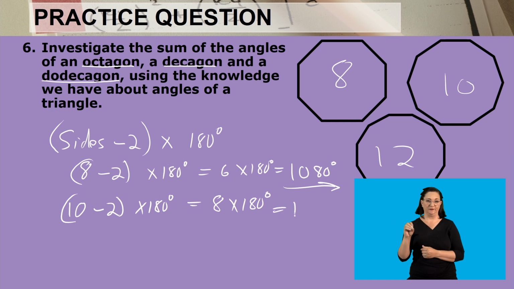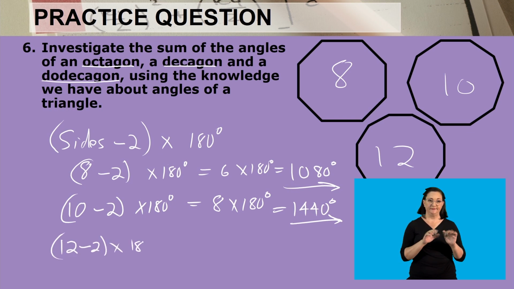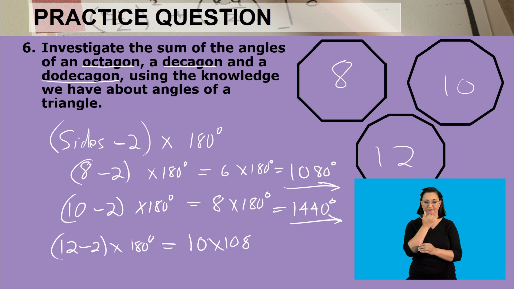So the sum of the angles will be 1440 degrees. And of course, we can do the last one the same way. It will be 12 sides minus 2 multiplied by 180 degrees, which is 10 multiplied by 180 degrees. And 10 multiplied by 180 is 1800